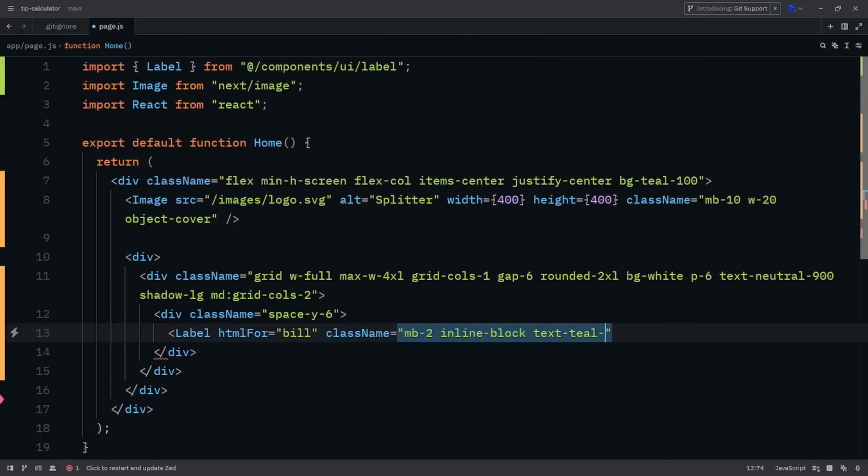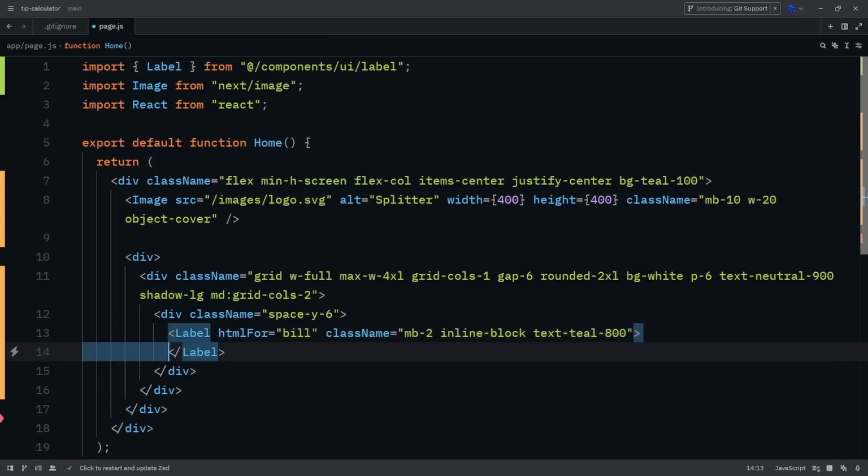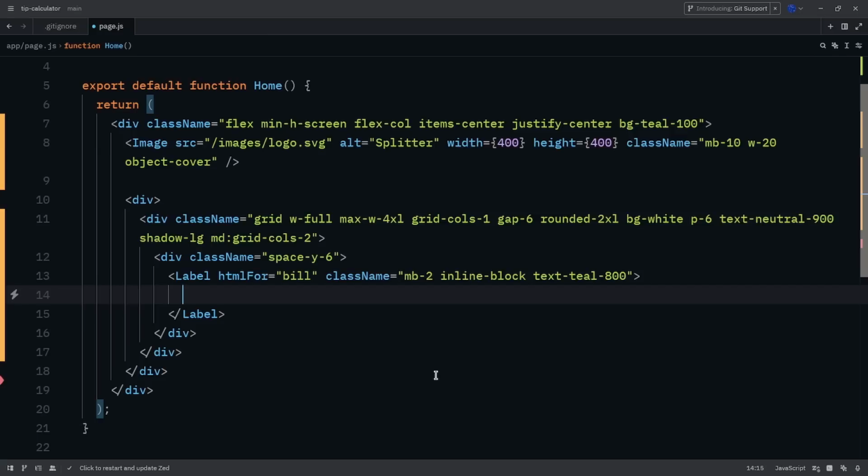text teal 800. And another thing that I feel I should mention is that this application is not going to be a one-to-one replica of the challenge from Frontend Mentor, because what I feel is usually the purpose of these challenges is to incorporate the functionality, but the UI is all going to depend on you. So even if you want to change up the colors or the widths or whatever, then you can simply go ahead and change them. So the label here is going to have a text that says bill,